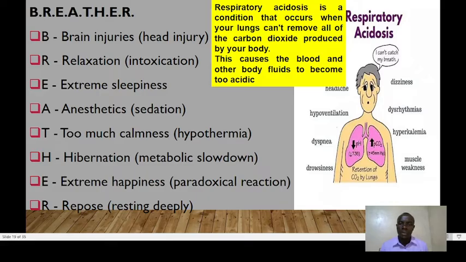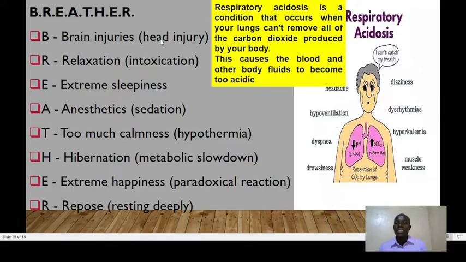Okay. Respiratory acidosis, we are saying, is a condition that normally occurs when the lungs can't remove all carbon dioxide produced by the body. So this causes the blood and the other body fluids to become too acidic. And we have some of the conditions that can lead to this problem, and we abbreviate them by the word breather. We have brain injuries,